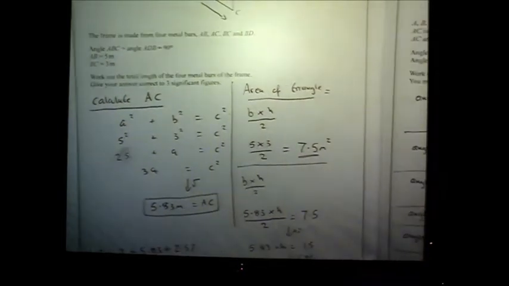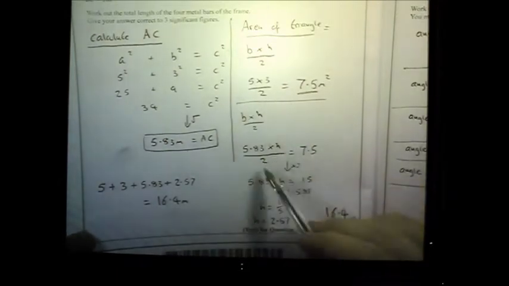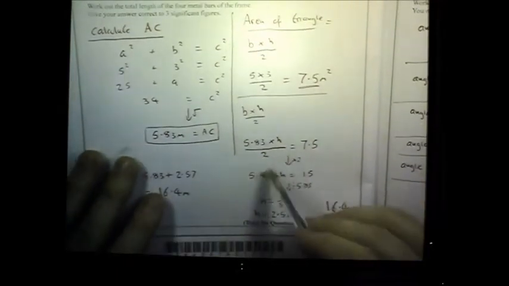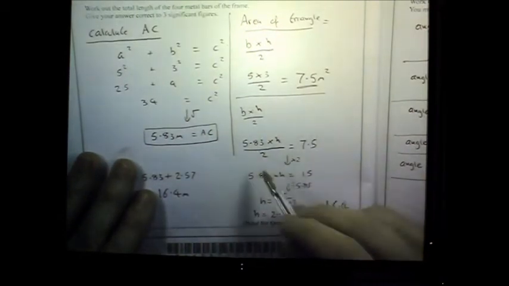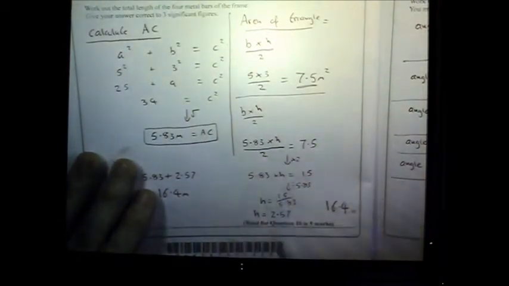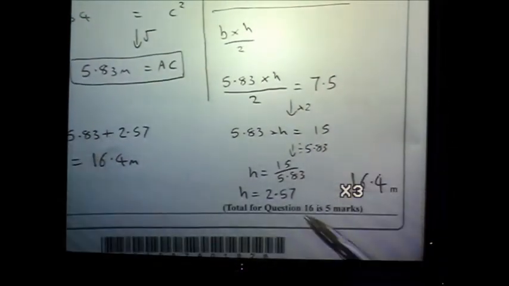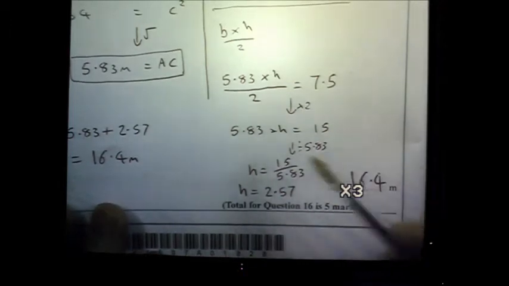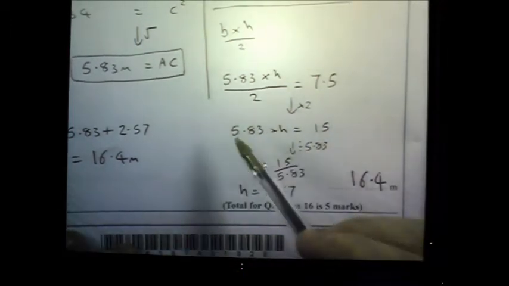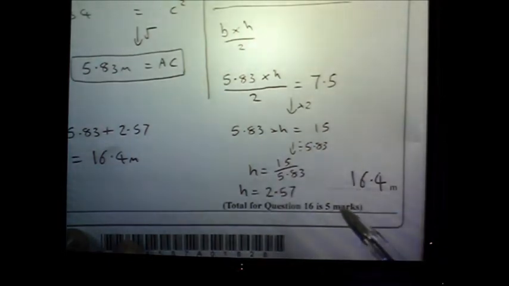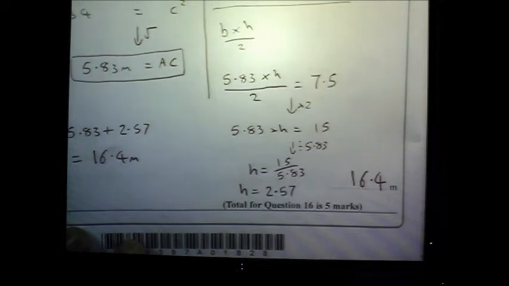So I've set that up as an equation. So it's 5.83 times h divided by 2 equals 7.5. So you need to get rid of that 2. So how do you do a divide by 2? You multiply by 2. There you go. So 5.83 times h equals 15. I want to get h on its own, so how do you undo a times by 5.83? You divide by 5.83. So h equals 15 divided by 5.83, which is